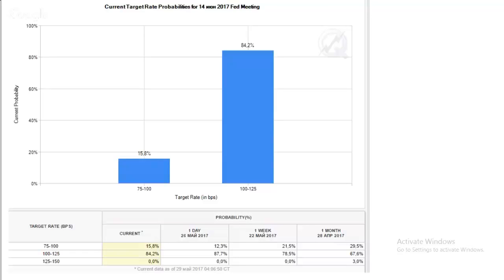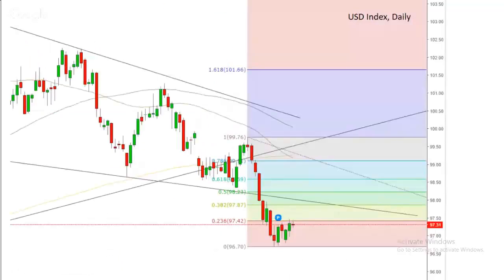So as this rate hike on June 14th is already completely priced in the US dollar's rate, this won't give the US currency a significant bullish driver,